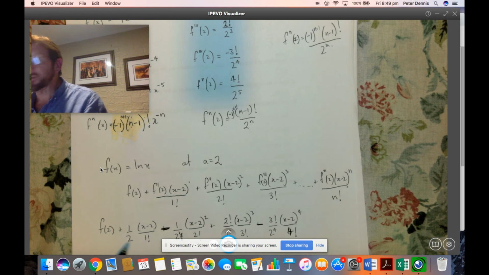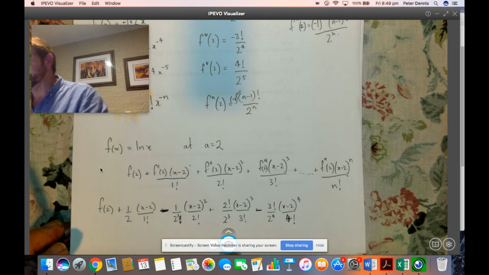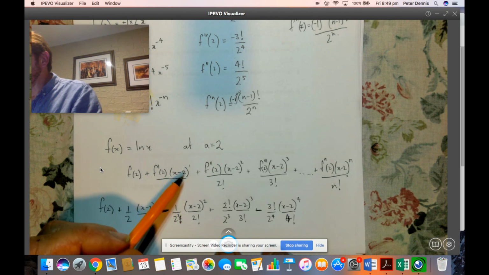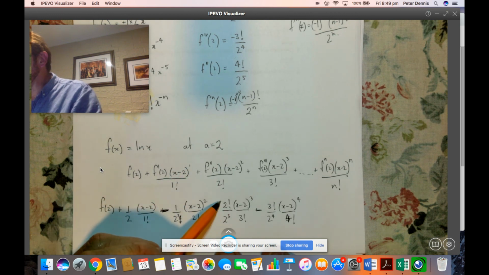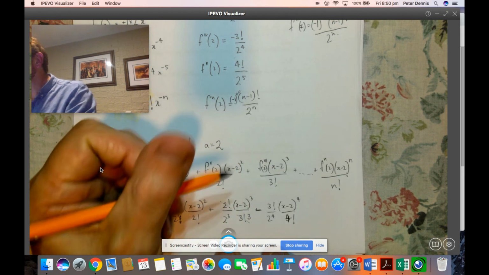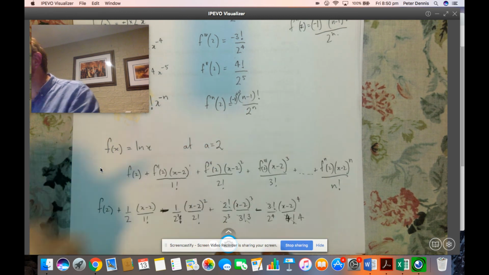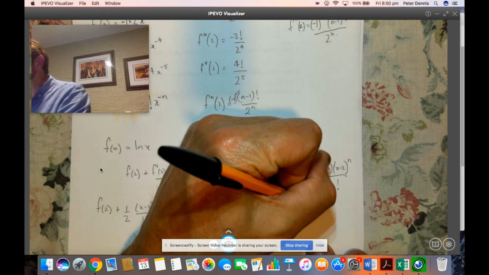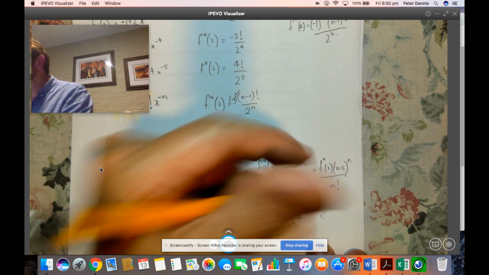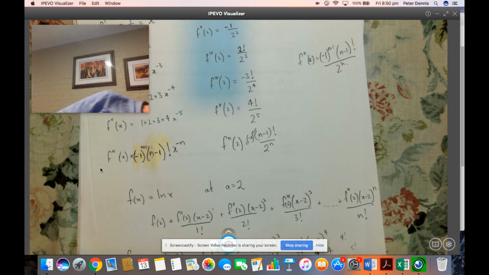And hopefully you can see that some of this is going to cancel out. It's a bit messy there, but some of this is going to cancel out. So here you're going to get 2 factorial over 3 factorial, which just gives us 3. 3 factorial cancels out with 4 factorial to give us 4. The next one will be 4 factorial on top and 5 factorial on the bottom to give 5. So what we would get if we had our little pattern